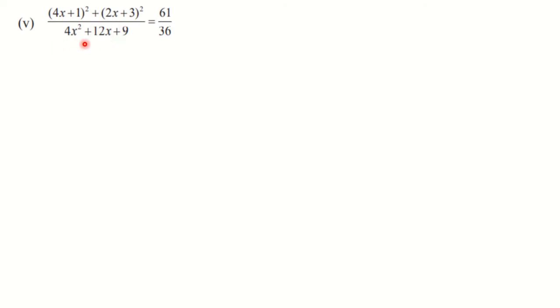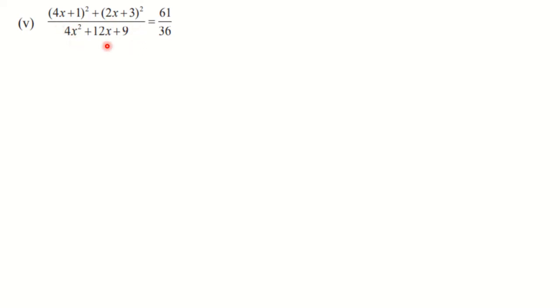You are provided with three terms, but if you observe those three terms very carefully, you will find that this is a perfect square. See, 4x square, it's a square of 2x. 9 is square of 3. You know the expansion of a plus b the whole square: a square plus 2ab plus b square.